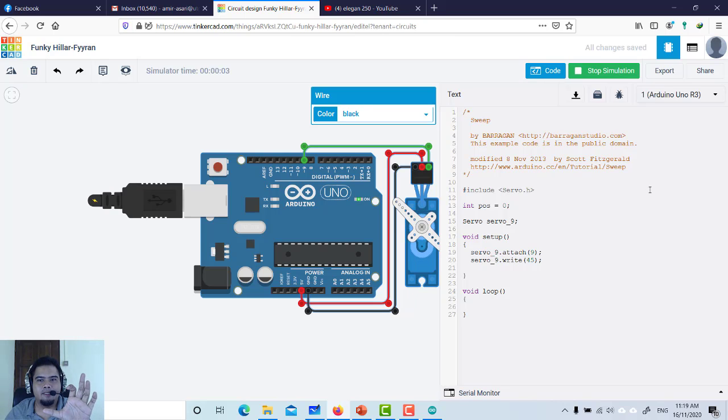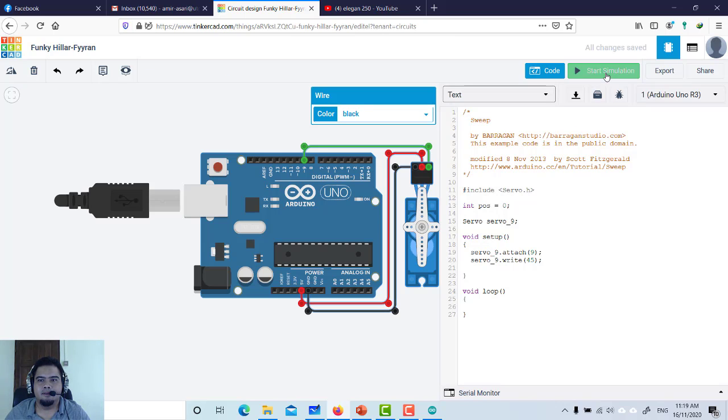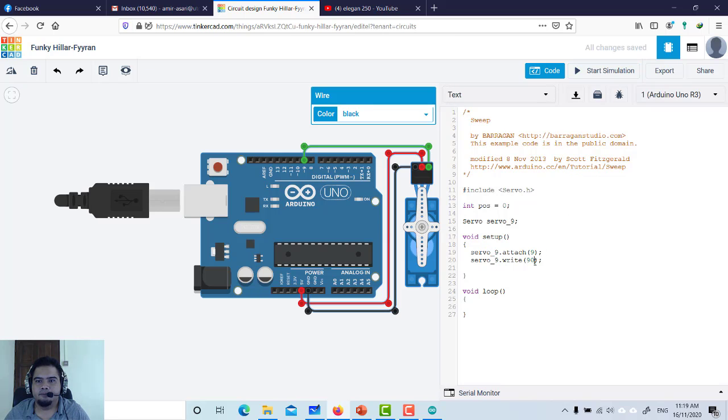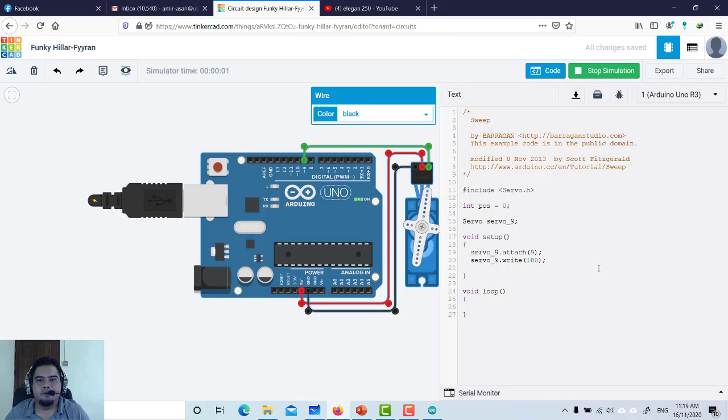Okay, that is 45 degrees. And then how about 90 degrees, which is horizontal. Okay, that is 90 degrees. So of course, the application of servo here, if you put 180, it will turn 180. Okay, of course, one practical example of using a servo is when you want to control something.